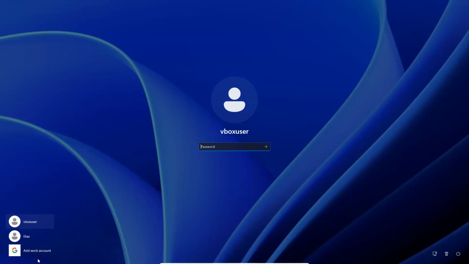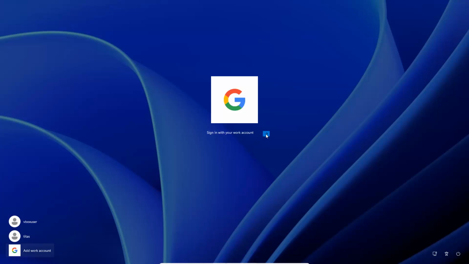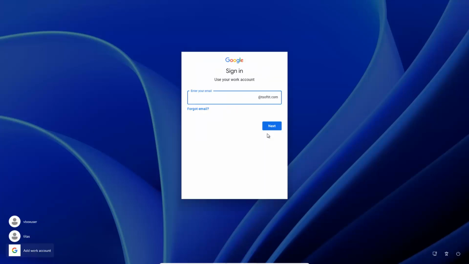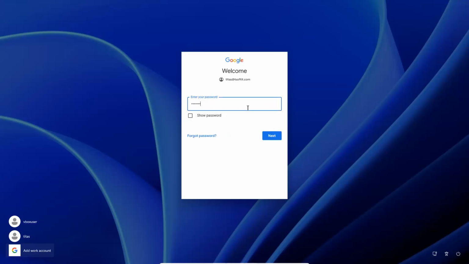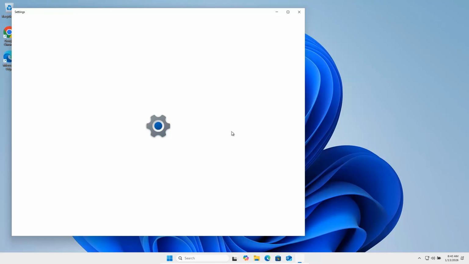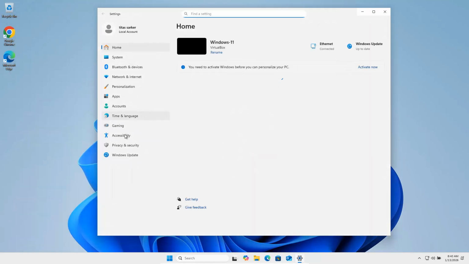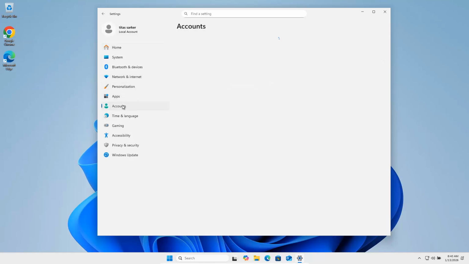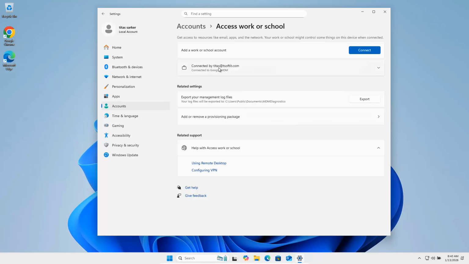Just open add work account, click here, then use your Gmail user email address, use the Gmail password, you are now logged in